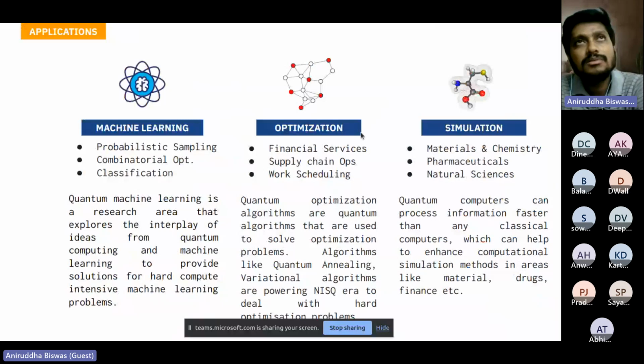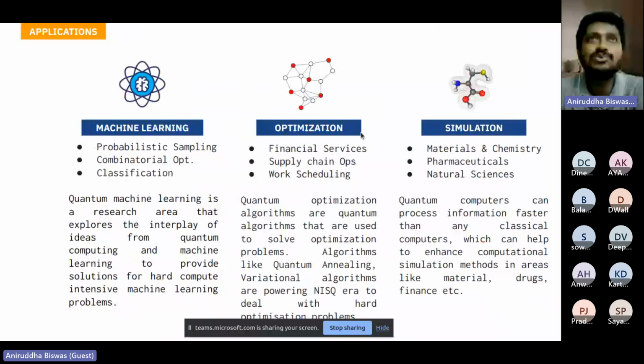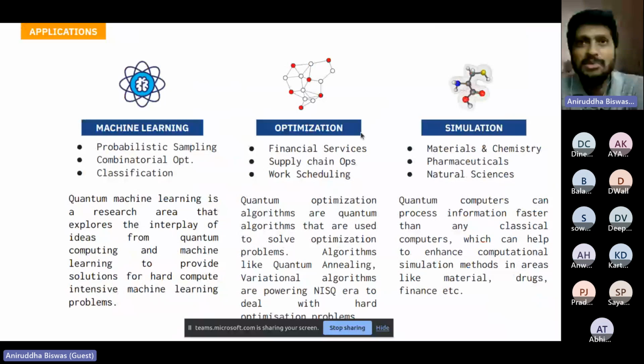So when we talk about quantum machine learning, the term mainly has two kinds of meanings. If you see the research groups who are working on this side, you may find there are mainly two groups. One is basically doing machine learning to improve quantum computing. For example, suppose you are using some machine learning algorithm to denoise your hardware, this kind of stuff. Another thing is basically quantum machine learning. This is the part where most people talk about, the second part.